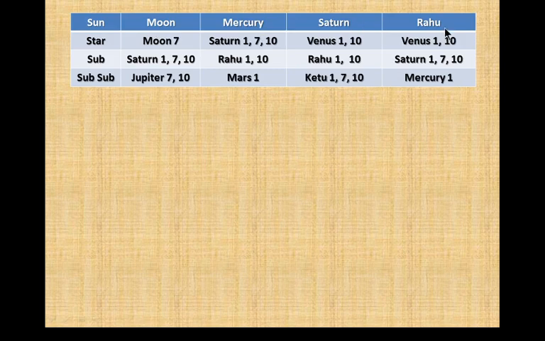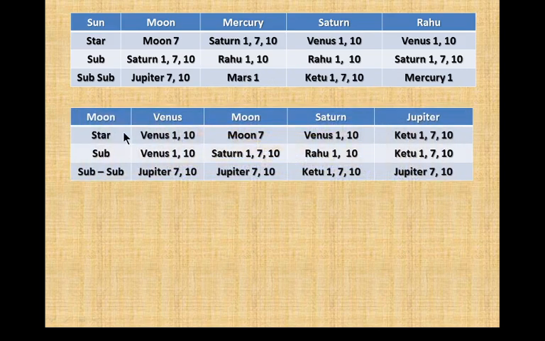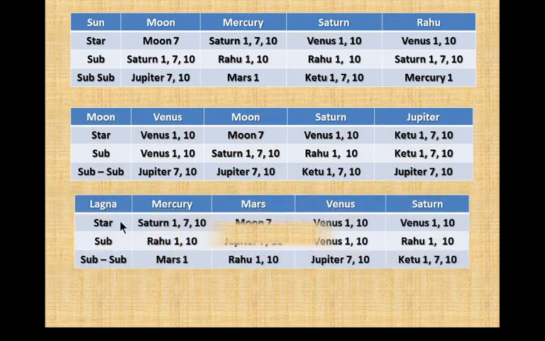Here I have mentioned Moon, Mercury, Saturn and Rahu, the 4 planets of Sun, and how its star and sub-sub stimulated the desired cusps for birth to happen. Similarly in the case of Moon also the same thing, and also for cusp 1 or Lagna, its Rashi, star, sub and sub-sub stimulated the required cusps for the birth to happen. So we are done with 2 steps of rectification.